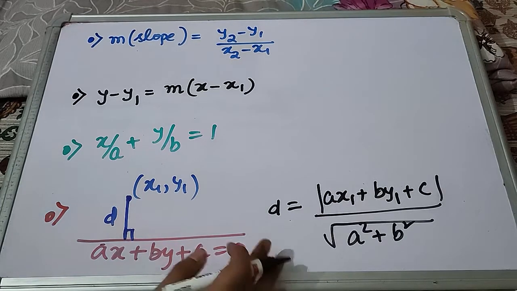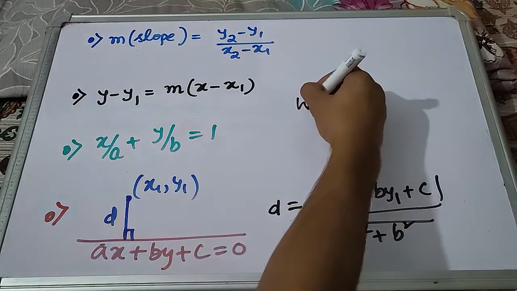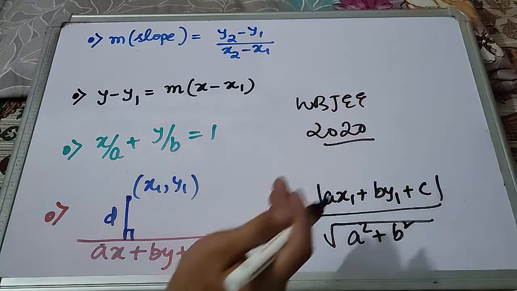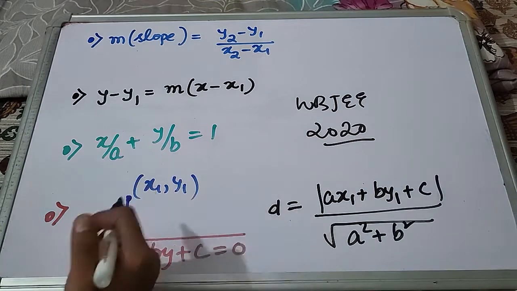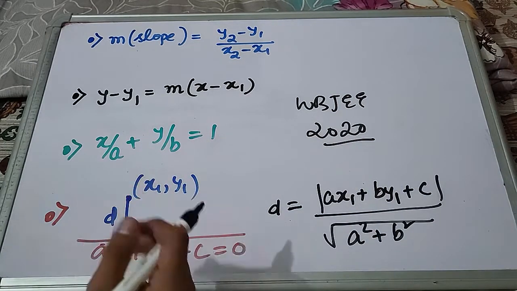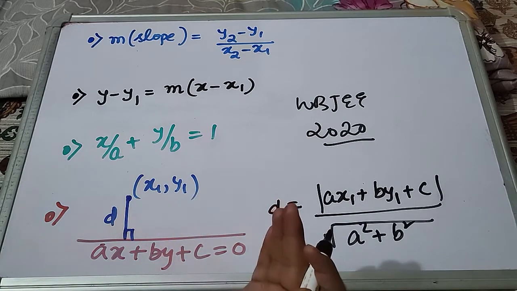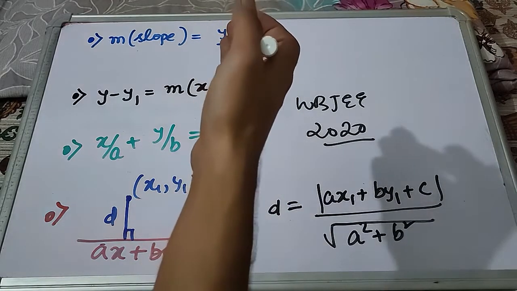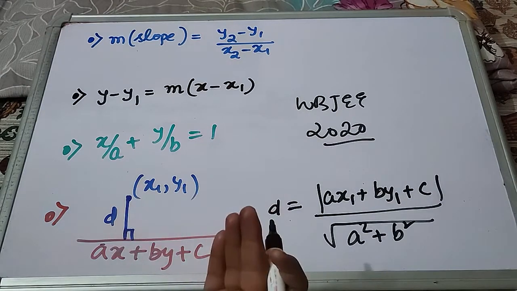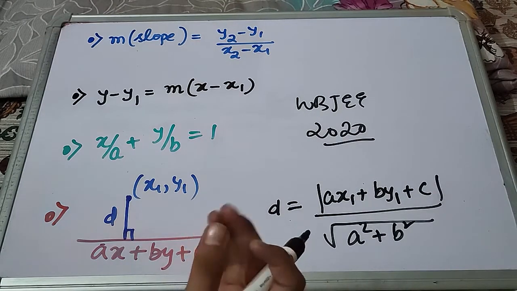In the title, as you can see, we will be solving the questions that appeared in WBJE 2020 based on the topic of straight lines. And as our magical duster has written these four formulas, we will be using them to find our answers to the questions. As you can see, these four formulas are really basic. So what we need to know is how to apply them during the examination.